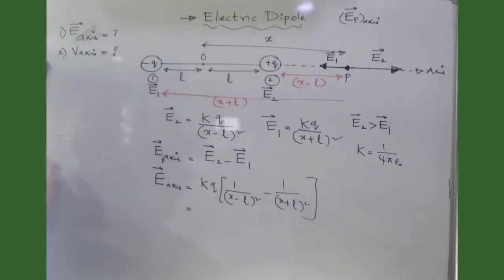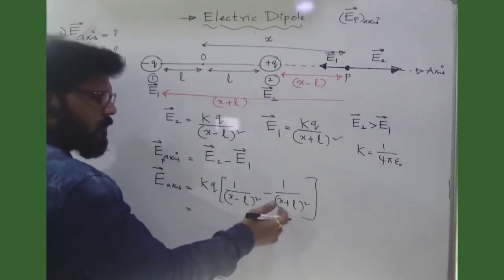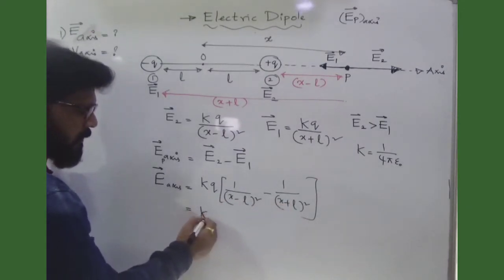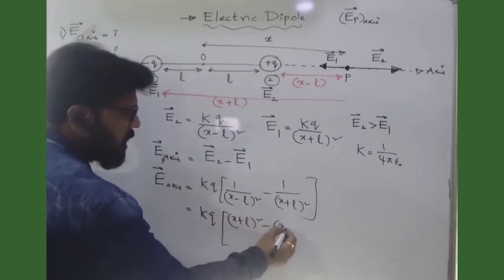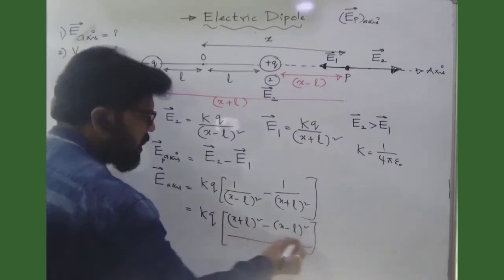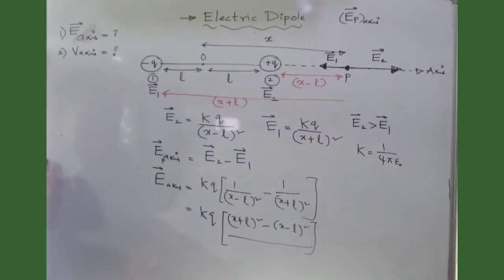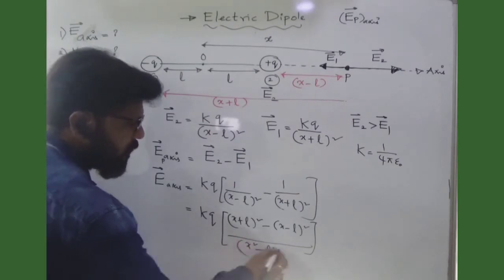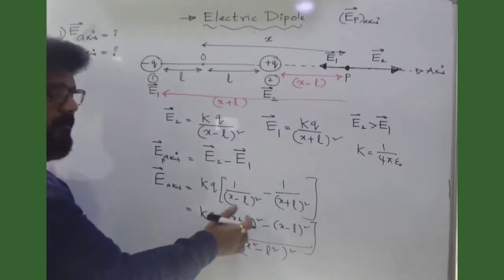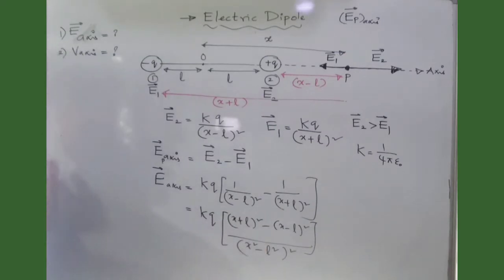What will you get in the numerator? Can anybody guess directly? Here it is a minus b whole square, and here a plus b. So if I take the LCM, (x plus L) whole square minus (x minus L) whole square, divided by (a minus b) whole square into (a plus b) whole square, which can be written as (a square minus b square) whole square. That is (x square minus L square) whole square. So can anybody tell me what a plus b whole square minus a minus b whole square is? After expanding and cancelling, what terms will you get?